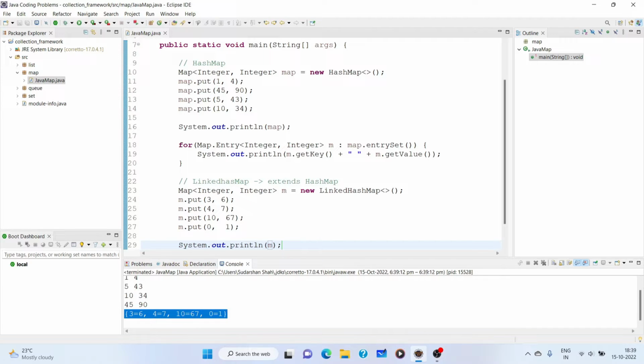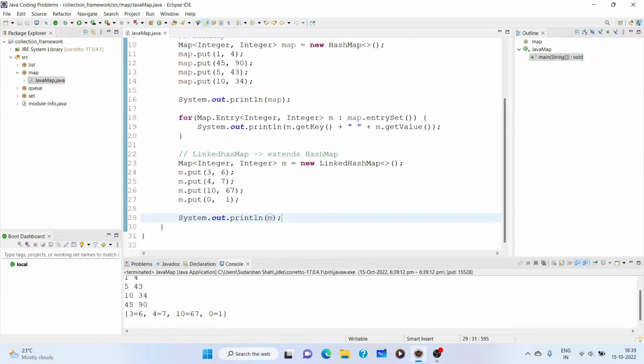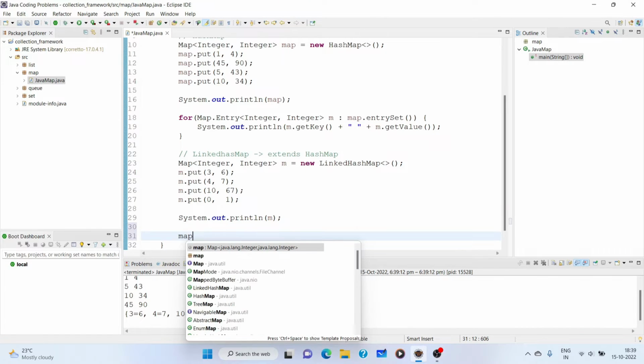This is the linked hash map that we have got: 3, 6, 4, 11, 10, 67 and 0, 1, in the same order that we have inserted. Okay, and the same way we can iterate it. All the methods are the same. Now let's see some of the common methods. So map dot